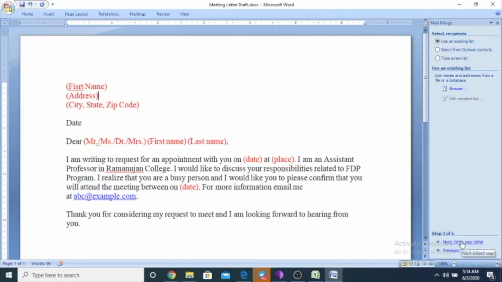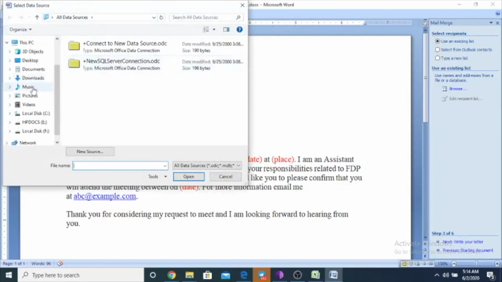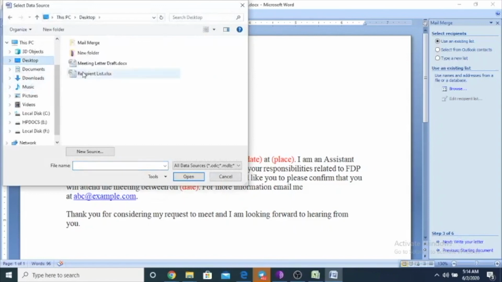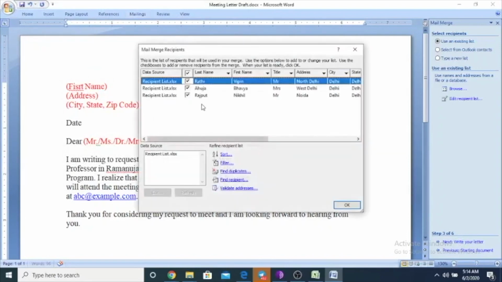So if you choose the recipient list, just select the list. This is my list. You can see whatever data is in my Excel recipient list is coming over here also. You can perform certain refine actions like sorting, or you can filter out certain values, depending on your need.